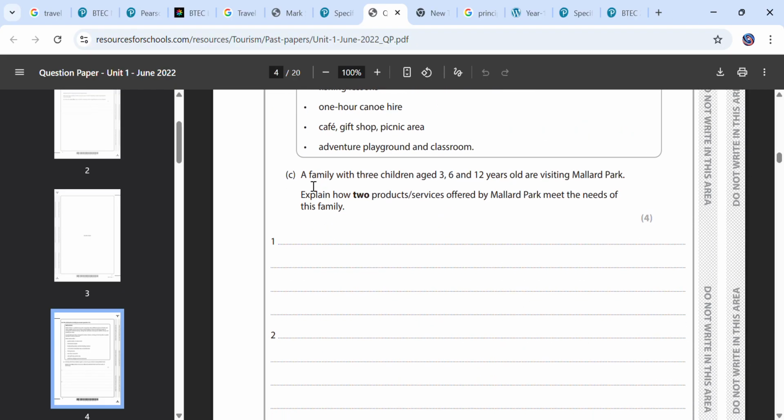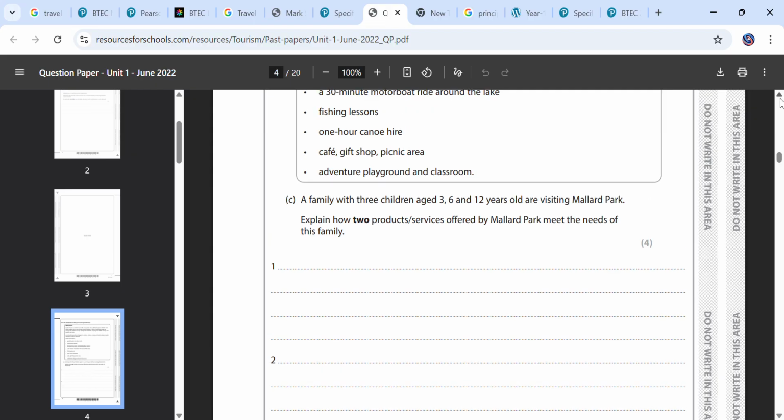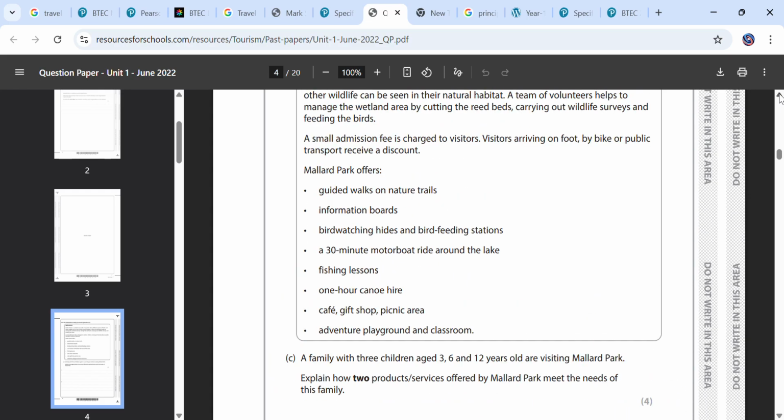So the question is, a family with 3 children aged 3, 6, 12 years old are visiting Malhart Park. Explain 2 products and services offered by Malhart Park that meet the needs of the family. So basically, you just gotta think inside it, not overcomplicate it. Like, what would be the needs of 3, 6, and 12 year olds? So